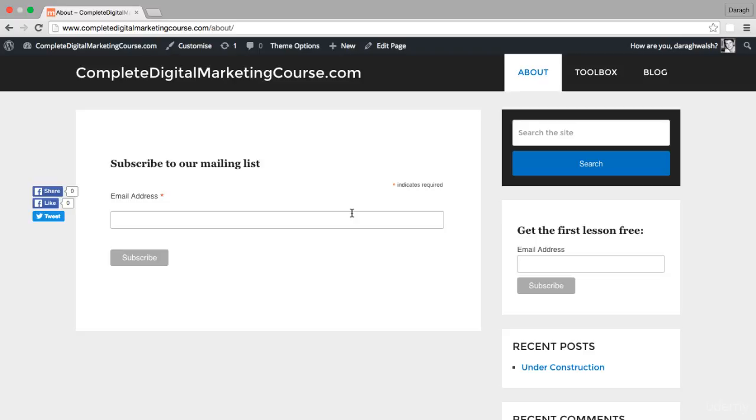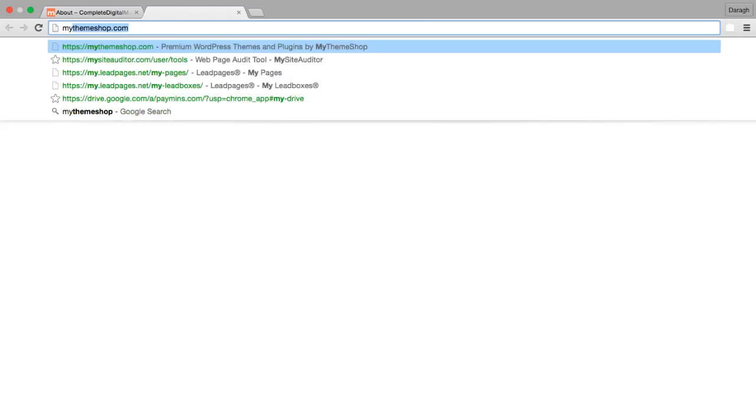So there are a ton of options that you can use. There are so many tools. You could spend a ton of time trying to figure out which is the best one. So I'm going to give you my recommendation for one that I'm going to use, and also how to get it set up, because essentially the process is going to be the same no matter what tool that you use. So the one that I'm going to use is by the company that I bought my theme from. So it's